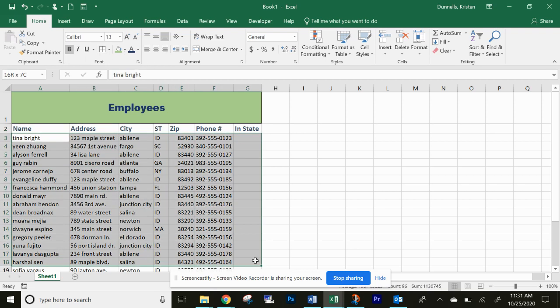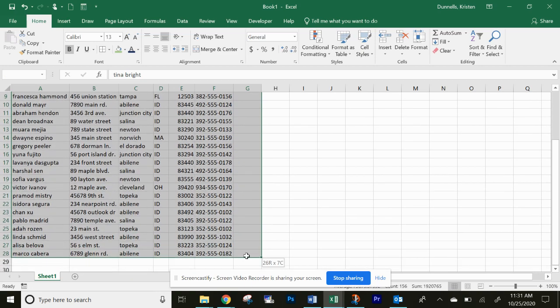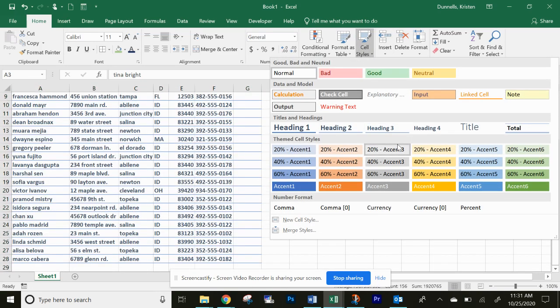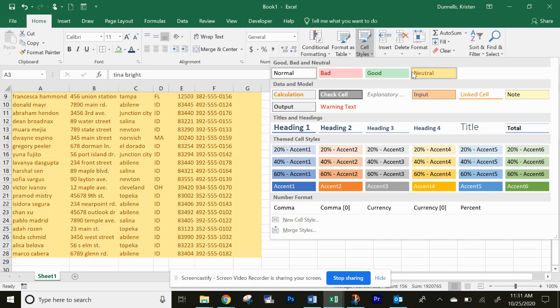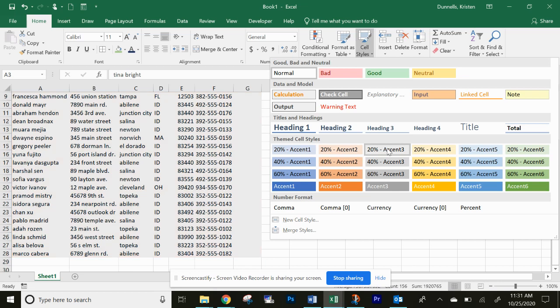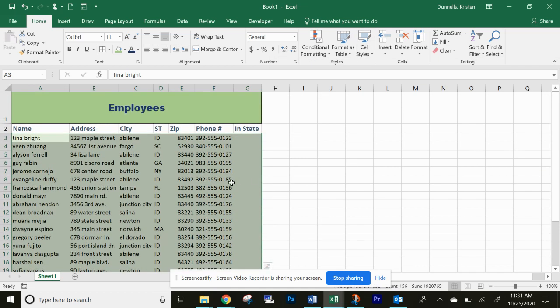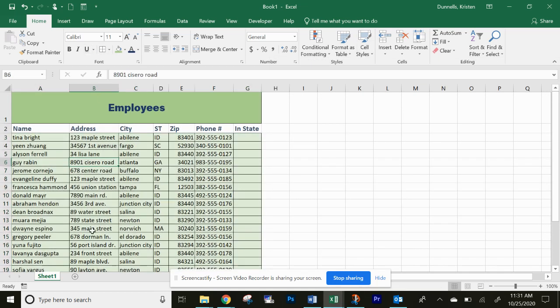The rest of the text, I'm going to select, and I'm going to come up to that same cell styles and apply accent 20%, accent 6, 20%. All right, and I'm going to apply all borders. So that looks nice, don't you think? Okay, so I've applied cell styles